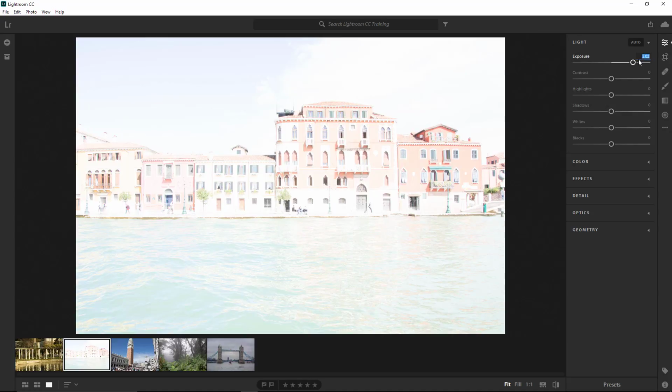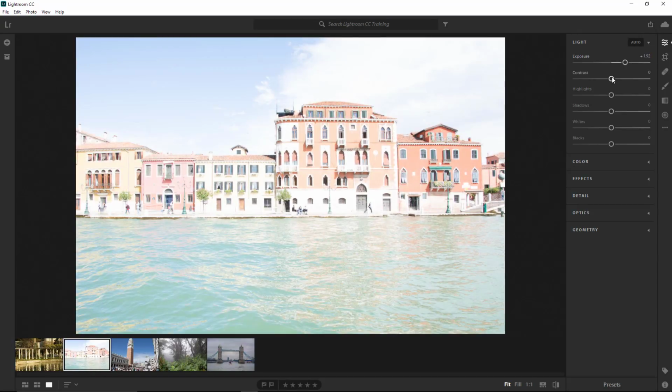You could also hover over a slider and use the up and down arrow keys on your keyboard to adjust it. By default, when you hover over a slider and tap on the arrow keys, you move in increments of 5. To move in increments of 1, hold the Alt key, that's Option on the Mac. To move in increments of 10, hold the Shift key. This technique is great for when you're on a plane or a train and you are editing your photos and you can't use your Wacom tablet or mouse to be precise.